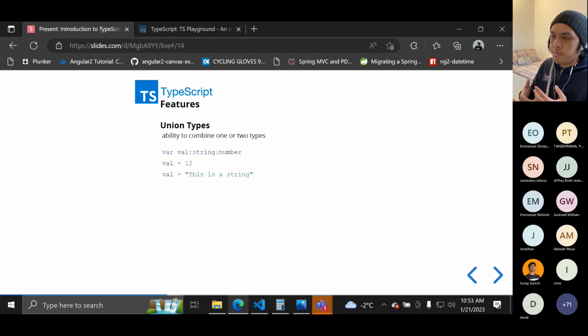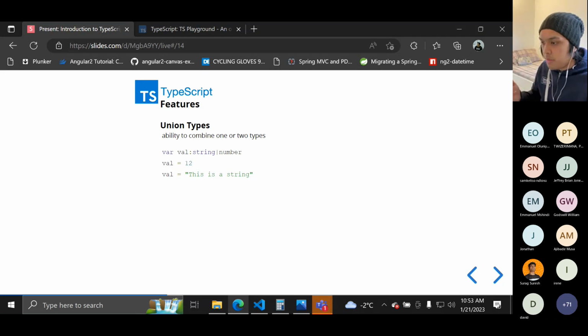So we can assign a type or a data type to variables, functions, or parameters of the functions. And it's not only limited to assigning a single type, but we can also assign union types to variables and even parameters. So we call this union types. It's the ability to combine one or two types. We can see here in the example that we have a variable val, and it can be a string or number.